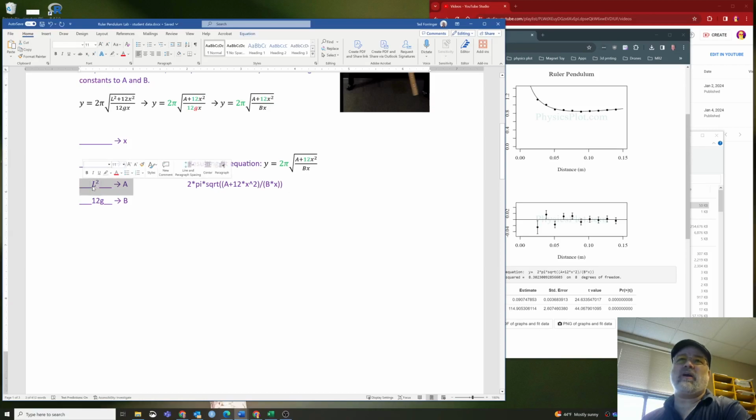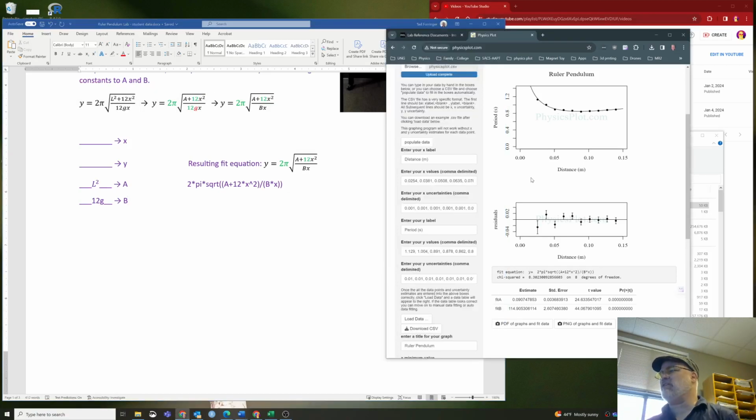A was equal to L squared, because we took L squared and replaced it with A. Then the computer tried every possible value of A and came up with the very best one. By trying every possible value of A, the computer was kind of trying every possible value of L, the length of the ruler, and it found the best possible length of the ruler. The best possible length was the one where L squared was equal to